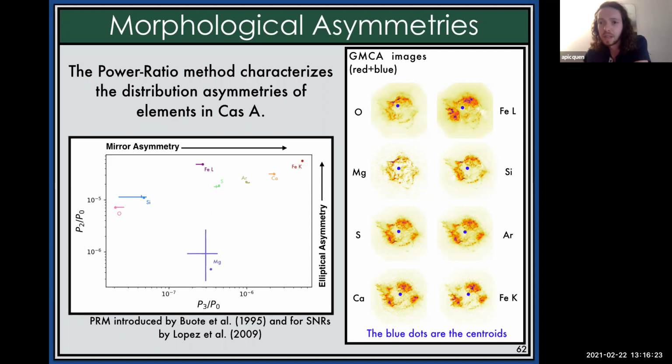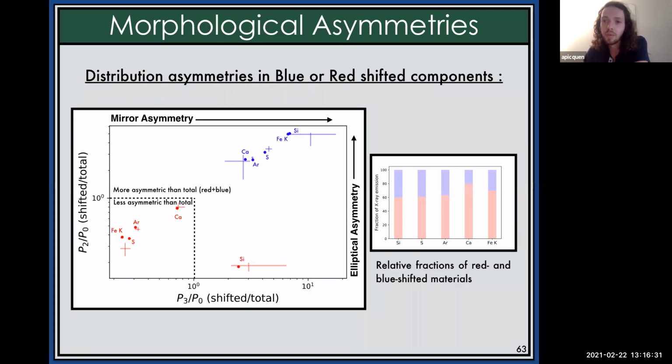So the idea was to study the asymmetries in the different line elements, and also to do so with the different red and blue structures. And we can see by looking at the relative fractions of red and blue shifted materials, and at the fact that the blue shifted structures are all more asymmetrical than the red shifted ones, that more mass is in the red, and that the red ejected material is mostly some kind of broad plume while the blue shifted material is more like different dense nodes